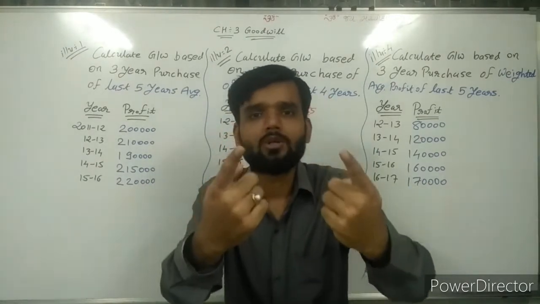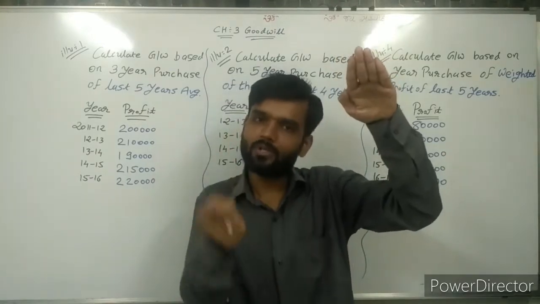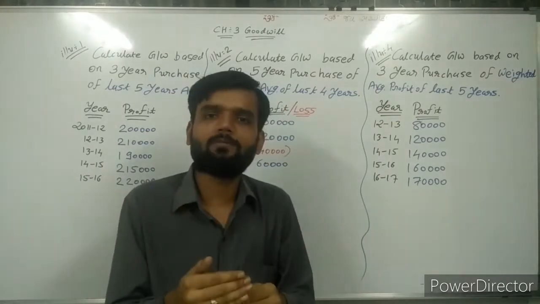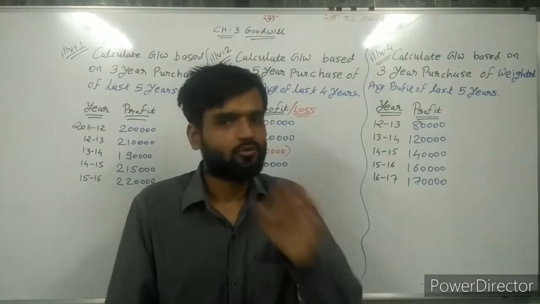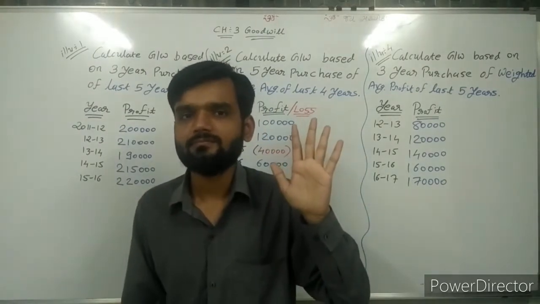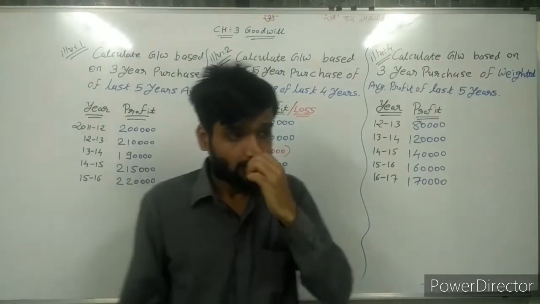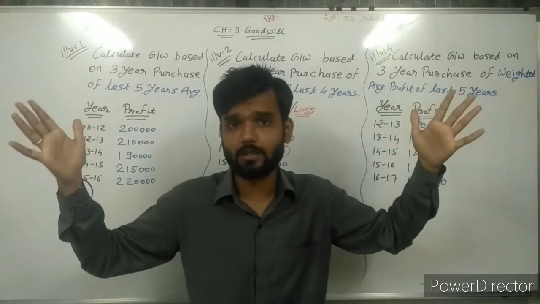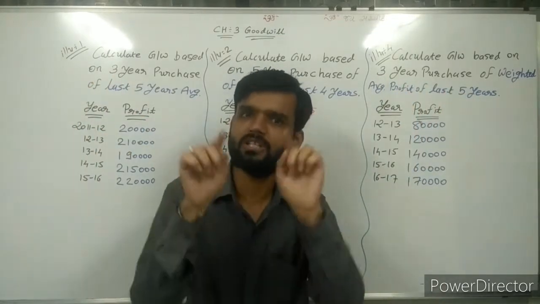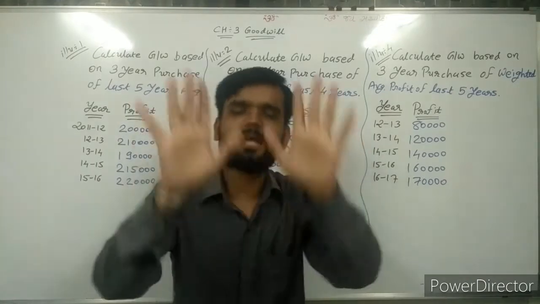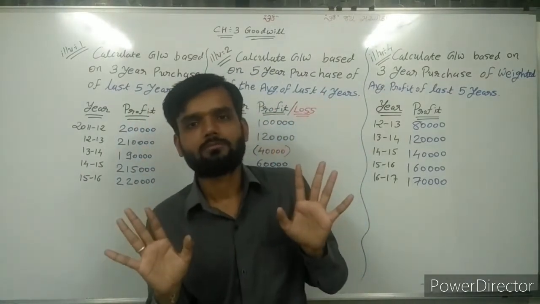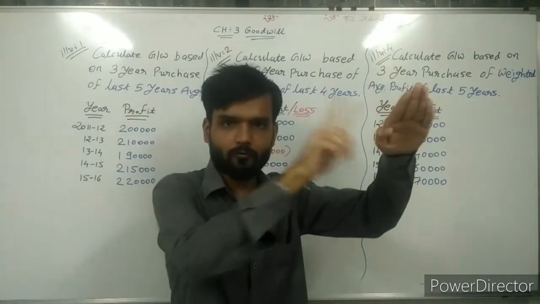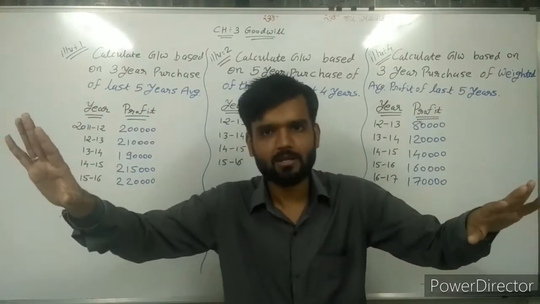then apply your logic. If profit increases, give weight. If profit is not stable, if increase and decrease happen in the profit, at that time also don't give weight. So you have to apply your mind when information is not clearly given in the example, and if clear information is given in the example, then apply that information. Don't apply your mind. So if you need to apply your mind: increase, give weight; increase, decrease, or not stable, variations are there,